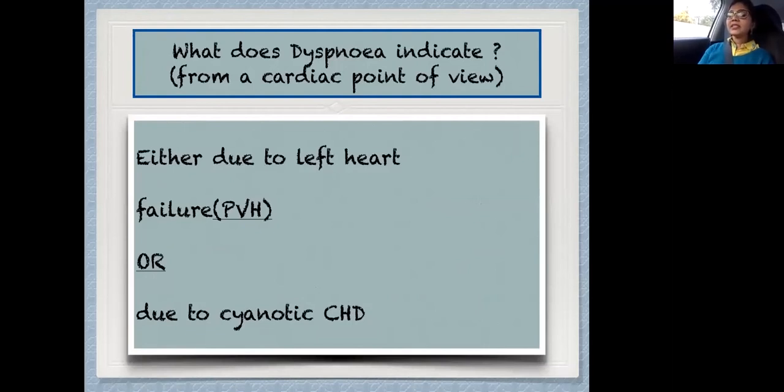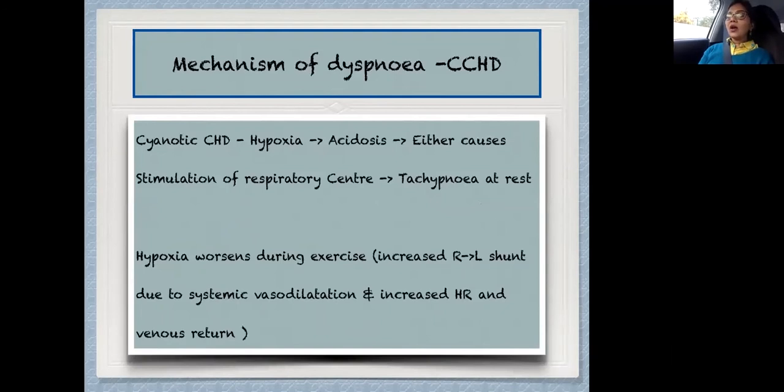So as we discussed, dyspnea indicates either pulmonary venous hypertension or hypoxia, which can be due to cyanotic congenital heart diseases also. So how does dyspnea occur in cyanotic congenital heart diseases? You know that there is hypoxia. Hypoxia is part of cyanotic congenital heart disease. It can cause acidosis, and either of which can cause a stimulation of the respiratory center and lead to tachypnea